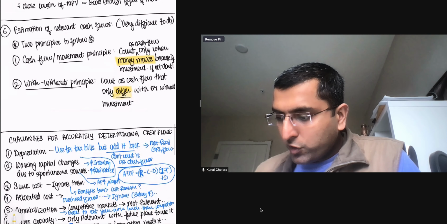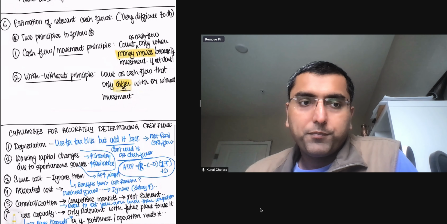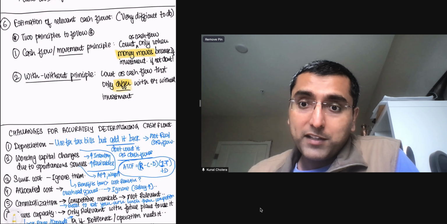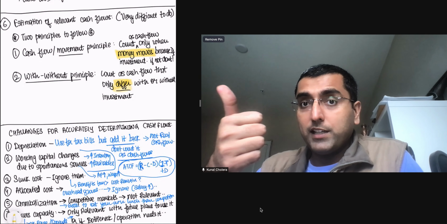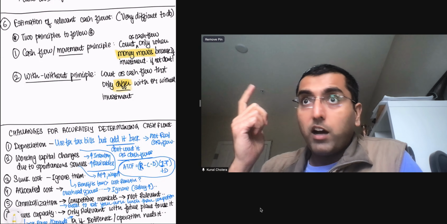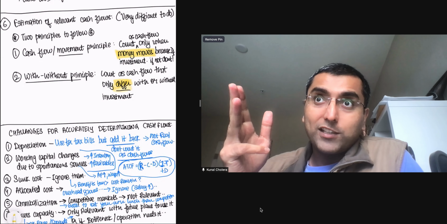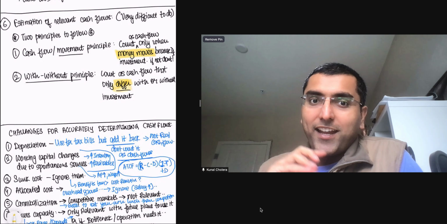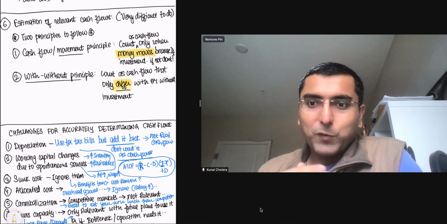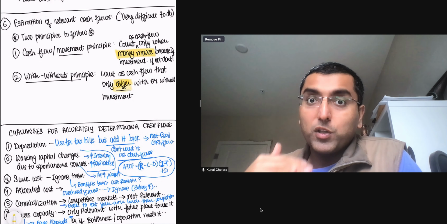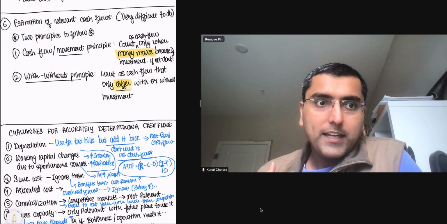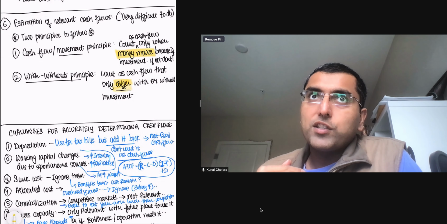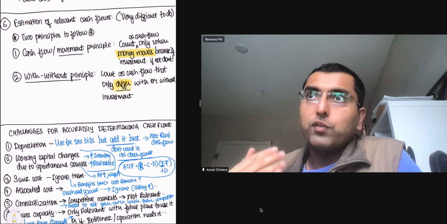Then, estimation of relevant cash flows. A lot of challenges, as I said. So we looked at various metrics. We looked at NPV, the really good one, BCR, IRR. We also looked at 2 other back of the envelope calculations, which are payback period and accounting rate of return, right? So there are a lot of metrics that we've come up with to evaluate if a project is good or bad. But the second part of this chapter is evaluating the cash flows, relevant cash flows.